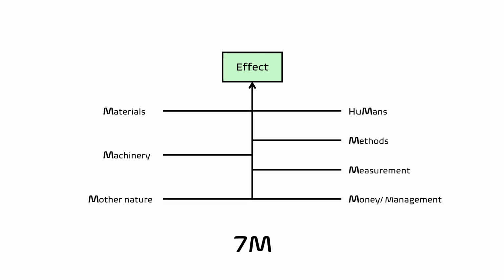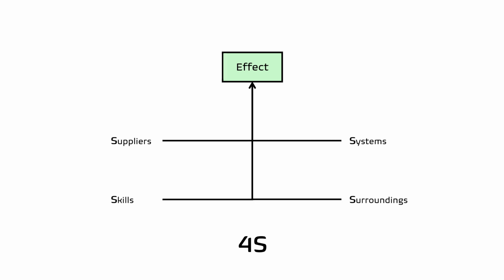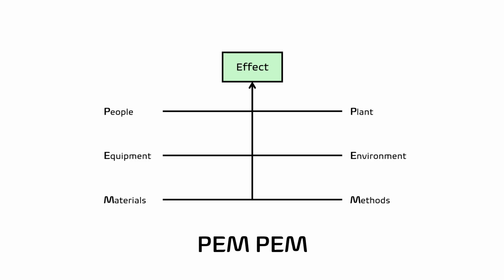Some users prefer to add money or management to the list. Other users prefer the letter P and deal with 6 or 8 categories. Categories with the letter S can be used to solve problems related to services. The RCA model proposed by the UK Food Standards Institute uses the PEM-PEM acronym and separates utensils from equipment into